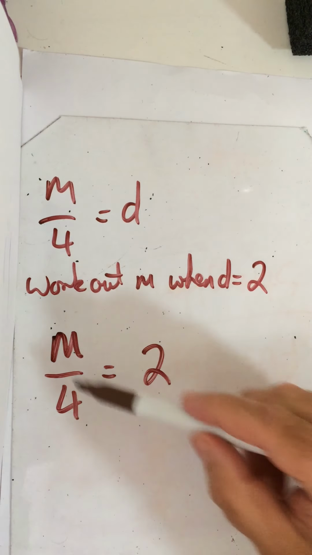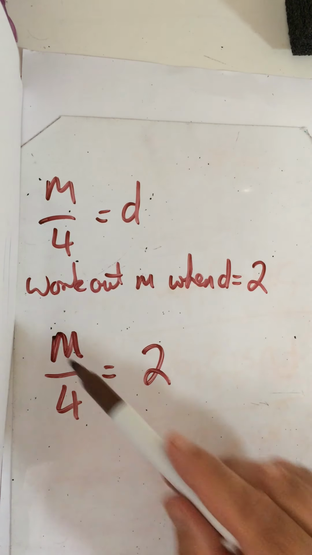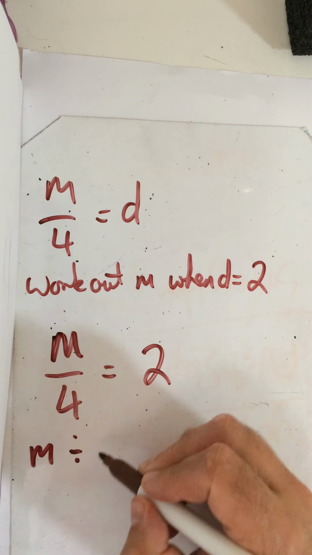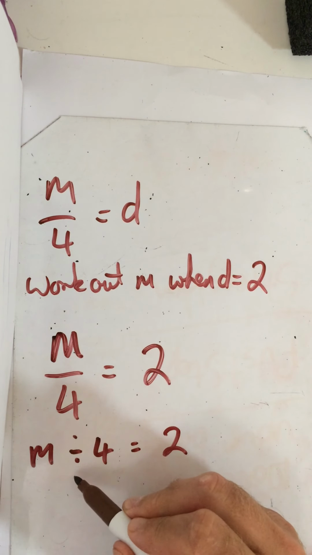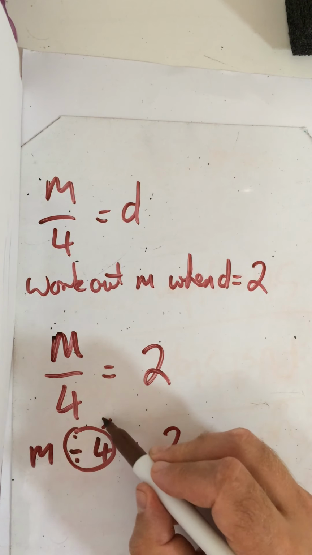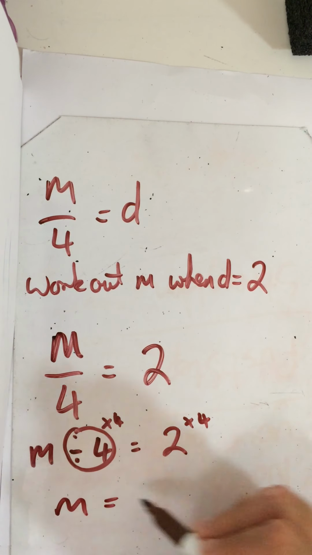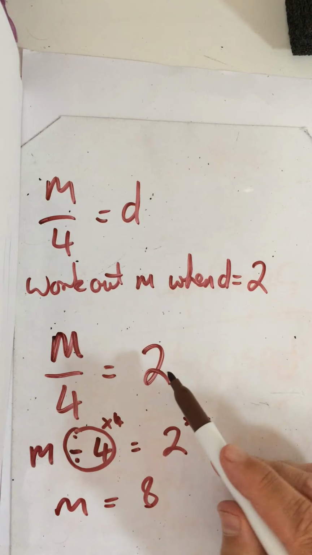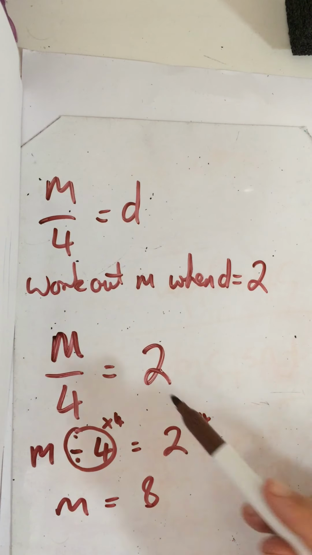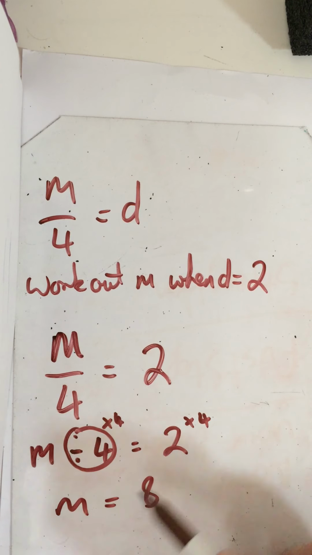Now, in these ones in particular, it is easy to jump, because we know we can work out pretty quickly what that is. Let's have a little look at how we get there though. M divided by 4 is equal to 2. This is a divide. In order to get rid of dividing by 4, we times by 4. We do the same to the other side, times by 4. M is equal to 8. And if we look at it, 2 times 4 is 8, isn't it? As we get more confident, we can do the shortcuts. As we get more confident, we won't need to worry too much about these, as long as we're understanding